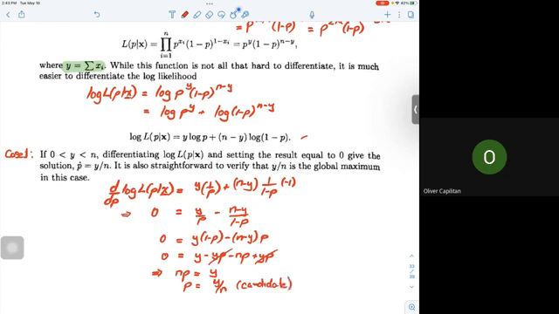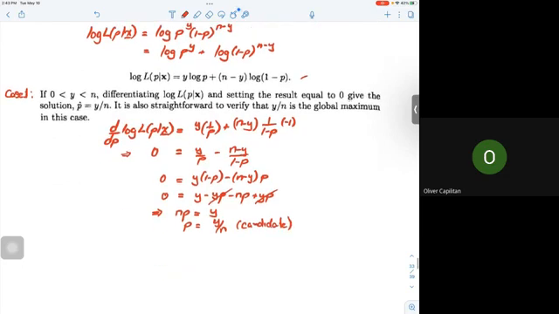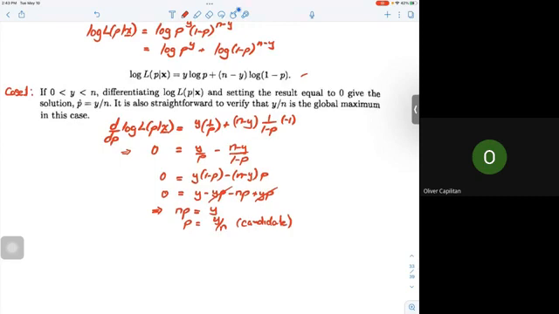It's a local extremum in this case. It could either be a local maximum or a local minimum. But if we're going to determine the second partial or the derivative, say the second derivative of our likelihood function with respect to p,